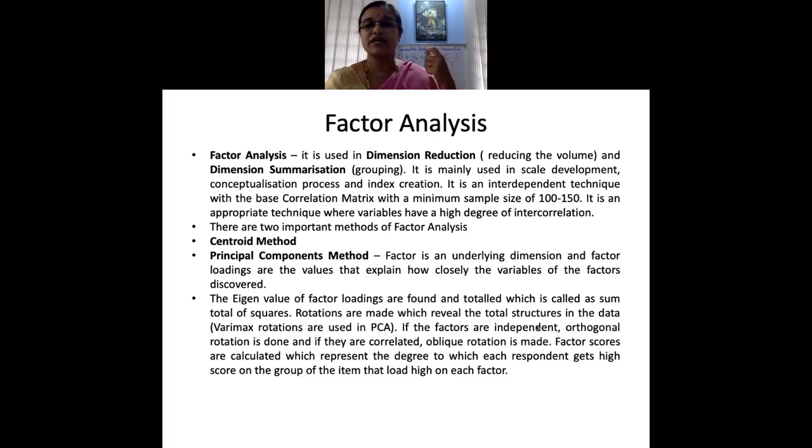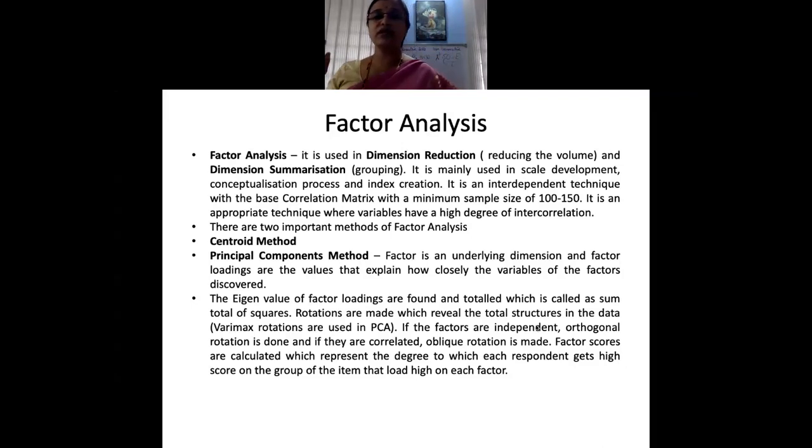I think they find out what are the factor loadings, okay. So how closely the variables are related, that is what they find out there, and then the eigenvalues are found out. And then they do the oblique rotation, and then they will tell you whether the loading is very high on each factor. If the loading is high, you consider the factors, and then they do a lot of rotations where you will be finding out what are the groupings and whether that factor has to be considered or not.